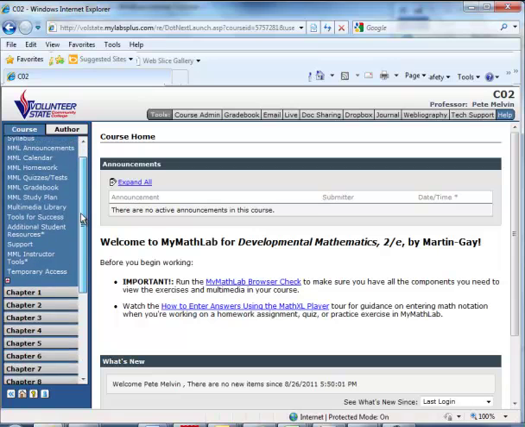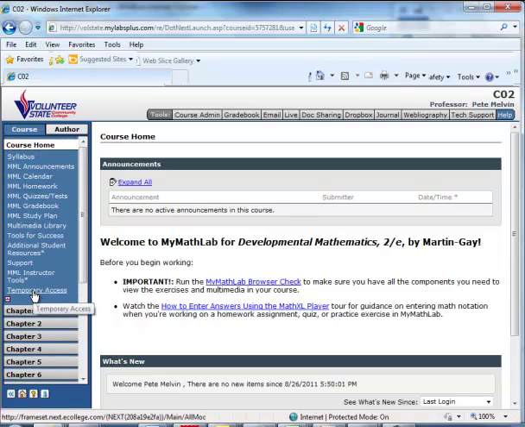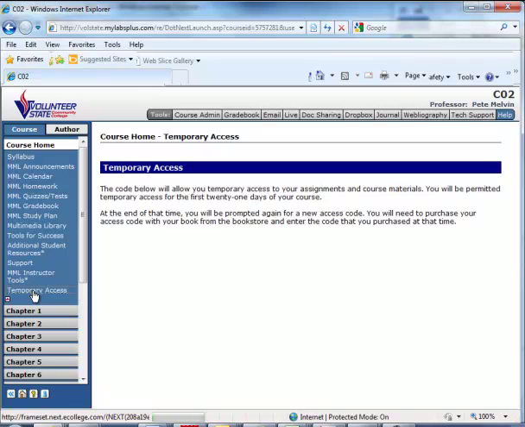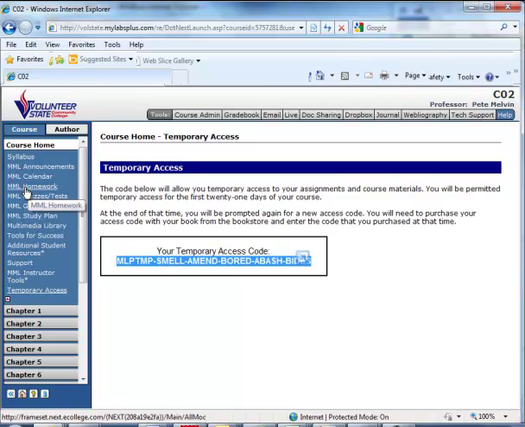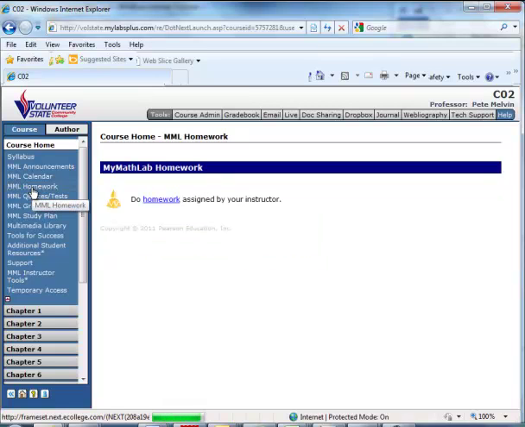So if that's you, you're going to look over here on the left for temporary access. You click on that, and you see a randomly generated temporary access code. You could write this down and type it back in, but the simplest thing to do is to highlight it and Control-C, copy it. Then you're going to go over into the homework. You really could probably click on any of these, but we're going to click on the homework because that's where we're going to start. And when you click on that, and you click Do Homework Assigned by Your Instructor,